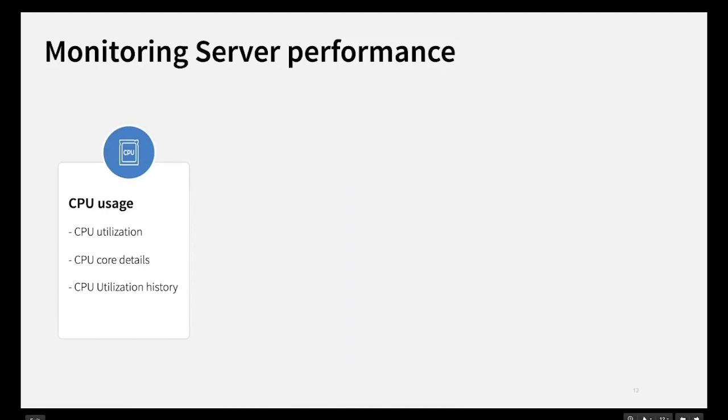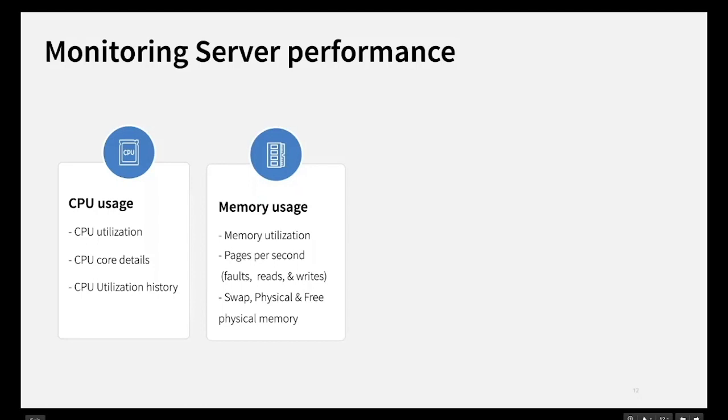When we're talking about CPU usage, the CPU utilization and the breakdown of individual CPU cores is really important to understand which core is actually being utilized more and the kind of services or processes or applications that might be affected because of these utilization statistics. The memory utilization statistics will help us understand the read and write operations happening per second and whether or not they are happening seamlessly. If there is a problem with the memory, that is, the physical or free memory, these kinds of insights